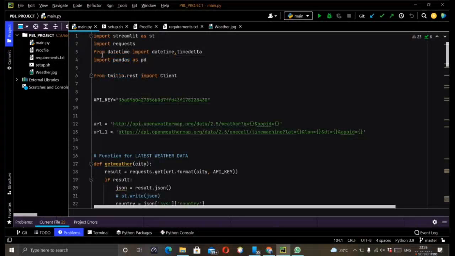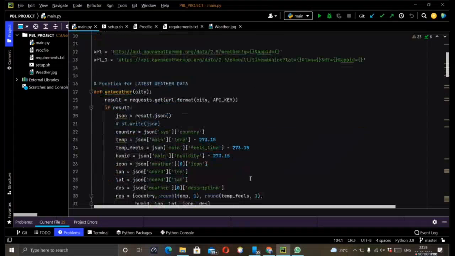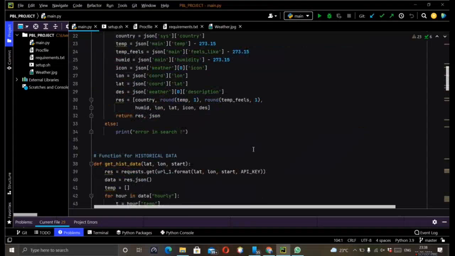Now moving towards the code of the project, we need to import Streamlit. We also need to import requests as we are making a number of HTTP calls. We also need pandas. We need to create the framework of the last 5 days data, for that we are creating a data frame, so we need pandas. These are the 4 modules we needed here. Then we assign an API key. Once this is done, we created 2 functions. One of them is to get the weather and the other is to get the historical weather data.